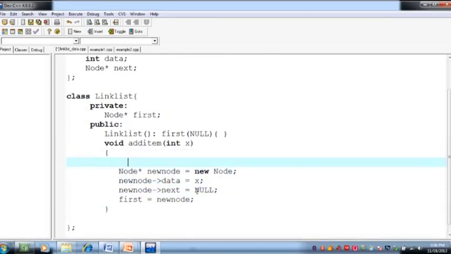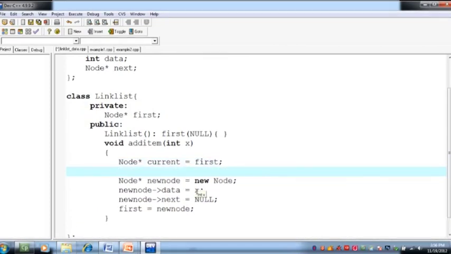So for that what we have to do is we first create a pointer of node type whose name is current and we initialize it with first, ठीक है। Now we move the pointer forward, हम pointer को move करते रहेंगे forward। कब तक move करते हैं? Because हमने add item करना है उस node के end पर जिसका next pointer की value null होगी, ठीक है।